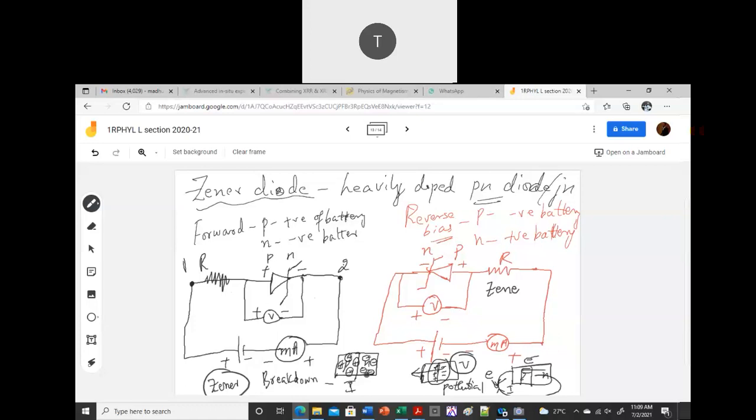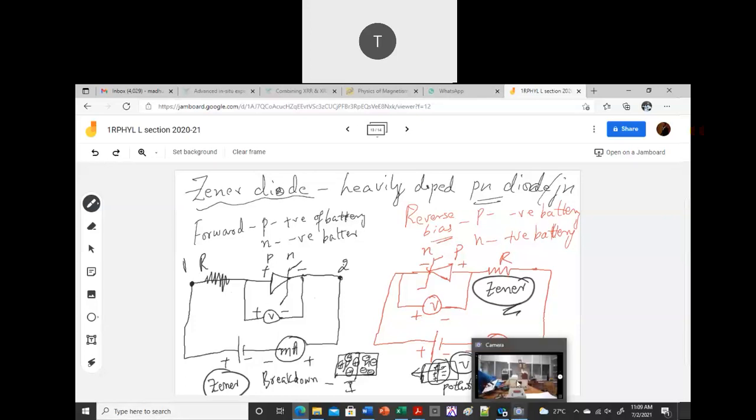Okay. So because this is mostly used in reverse bias, this is the use of your breakdown. Okay. So that is the meaning of breakdown. You need to know what the meaning of breakdown is. Breakdown means you are actually breaking the barrier potential, and then the electrons start moving in the circuit. Okay. If the electrons are moving in the circuit, that means you will see the current in your ammeter. Okay. Until this breakdown is achieved, there is no current in the circuit.